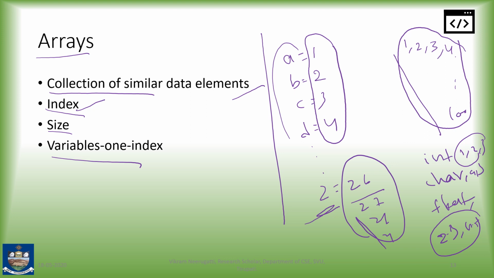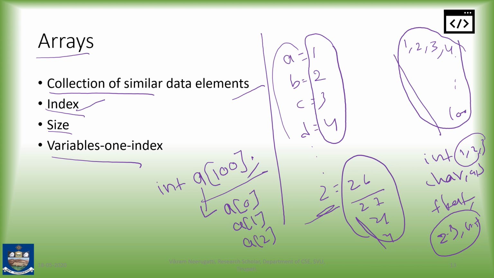At that time, when we declare an array, generally we declare a variable as int a. An array should be declared with an index. This is an array. The meaning of this is that a is a variable which is storing the values of a[0], a[1], a[2], and so on, a[n]. In this example a[0] value will be 1, a[1] value will be 2, a[2] value will be 3, and so on, like this, a[n] the value will be n.